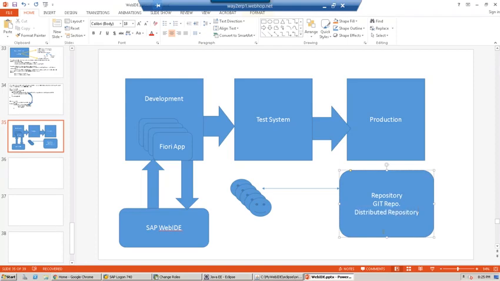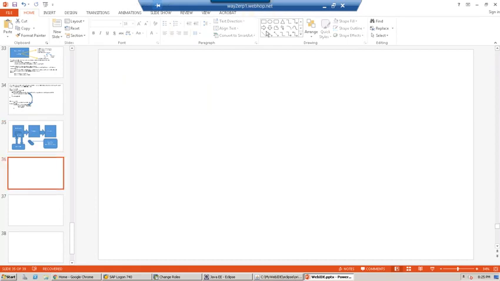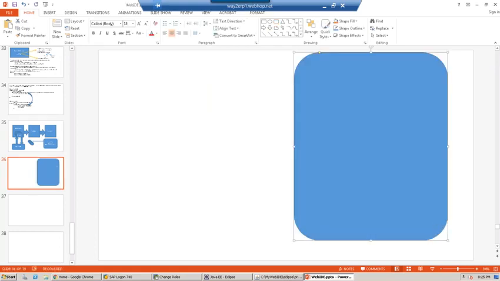What is distributed repository system? A Git repository consists of a Git server and a Git client. Now, every time you create a repository, the system also creates a local repository for you. So imagine a case, I have a Git server created in my company,